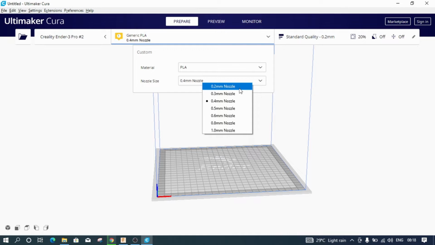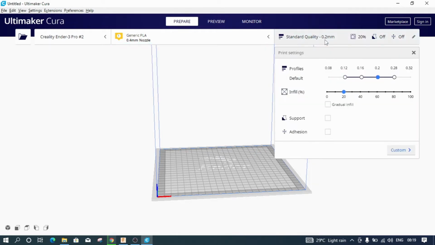So what is the advantage of using a small nozzle and what is the advantage of using a large nozzle? If you need more dimensional accuracy and your design has more details and small intricate shapes, then you need to go for the smallest possible nozzle. But if you are not paying much attention to the detail, but you want your 3D prints to go faster and at a large scale, then you will go for the maximum possible nozzle diameter. Currently in the market we have nozzle diameters up to 1 mm. We'll discuss that in more detail later, but for now we will leave this at our default size of 0.4 mm nozzle.